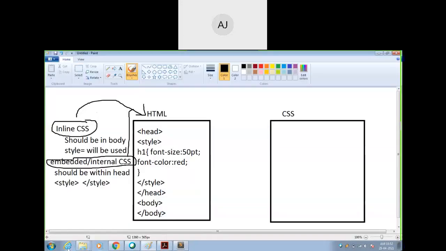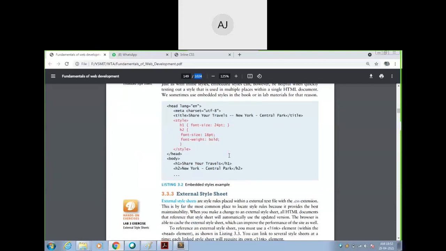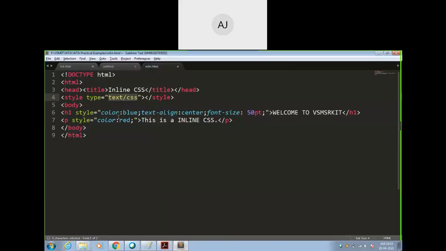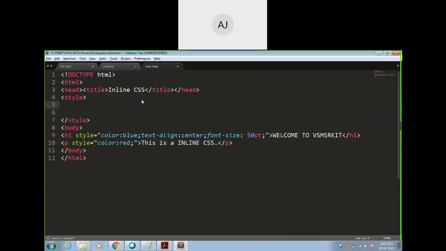Only style tag we have to use. Okay. So same thing we can use here. Style open, then style close. So for H1 I will write H1.